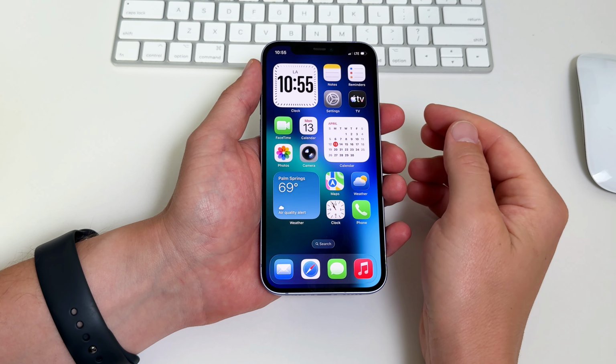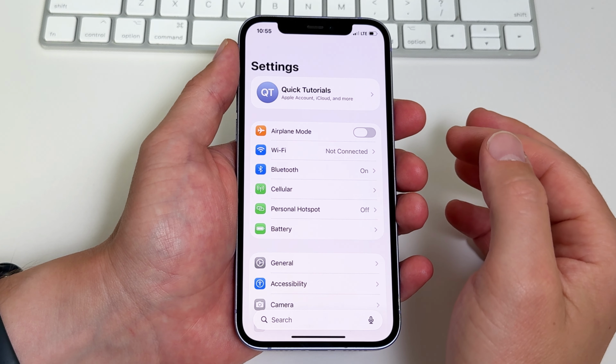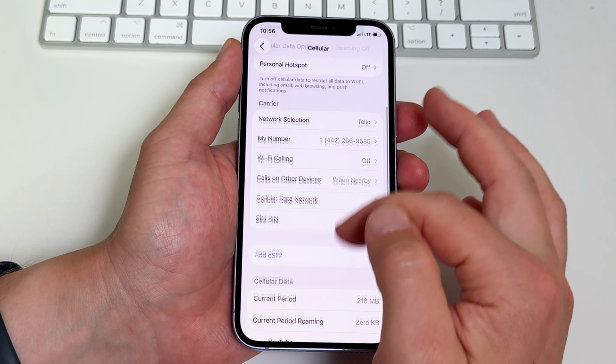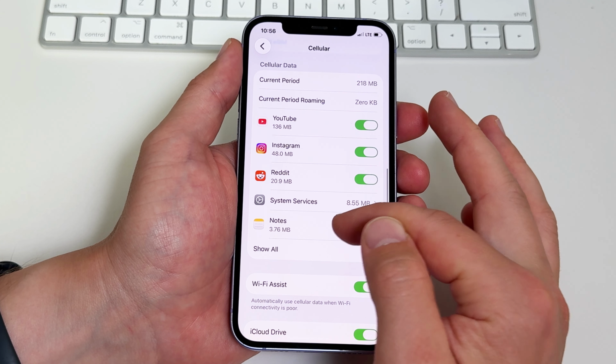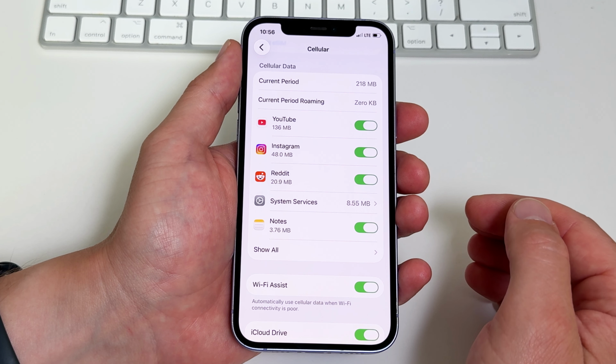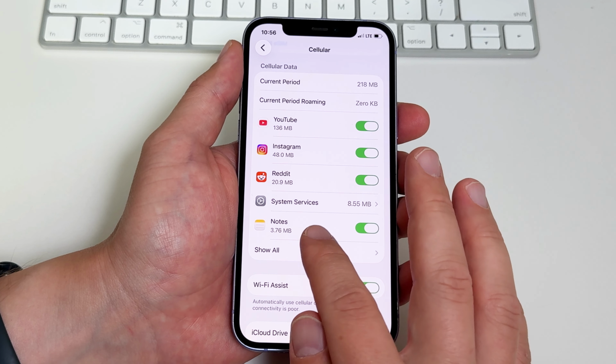To check how much your iPhone apps are using data, we'll first go to Settings, and from there, navigate to Cellular. Then scroll down until you see a section called Cellular Data. There, you'll see your total data use and some of the top data consumers on the top. If you tap Show All towards the bottom, you'll see a full list of your apps and the amount of